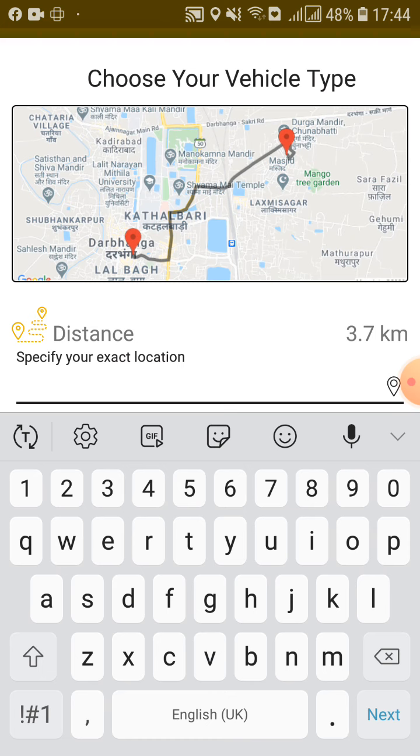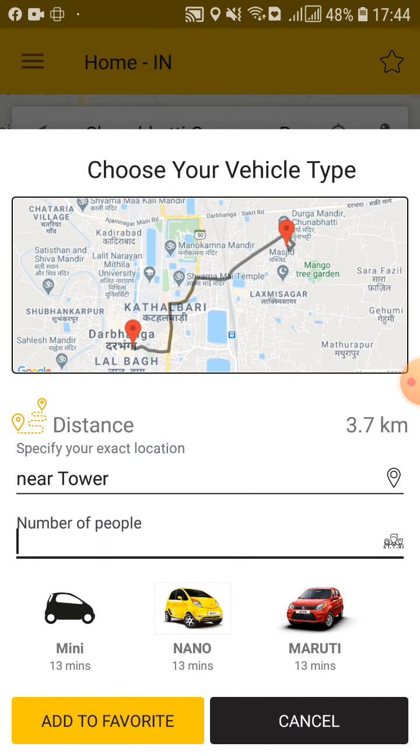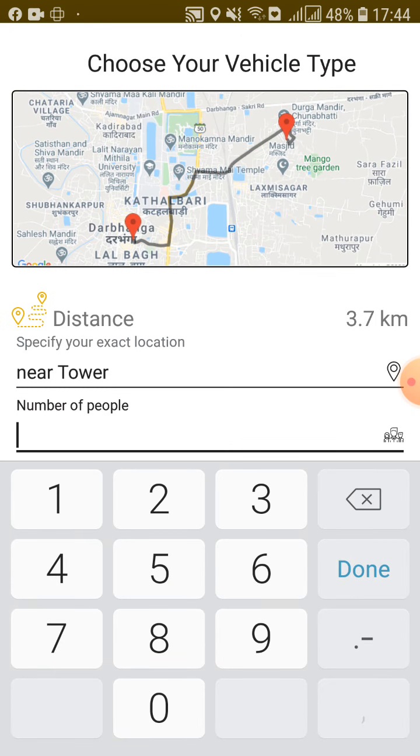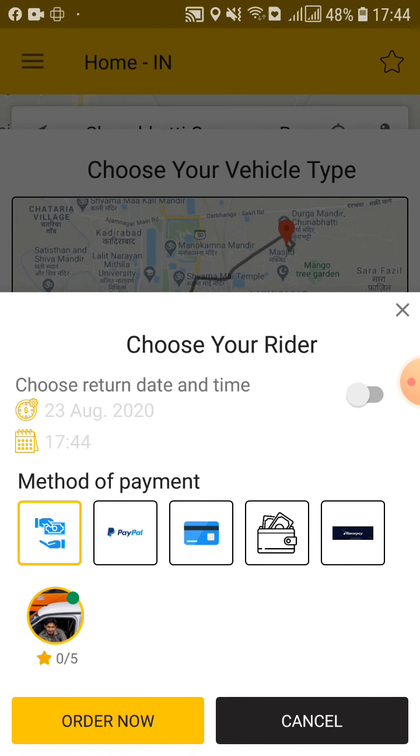Like we are right here near a tower, suppose. Or you are near a white building or a blue building, whatever it is. Then put here how many people you want to travel, like I want to put 2 people. And after that select the Nano.